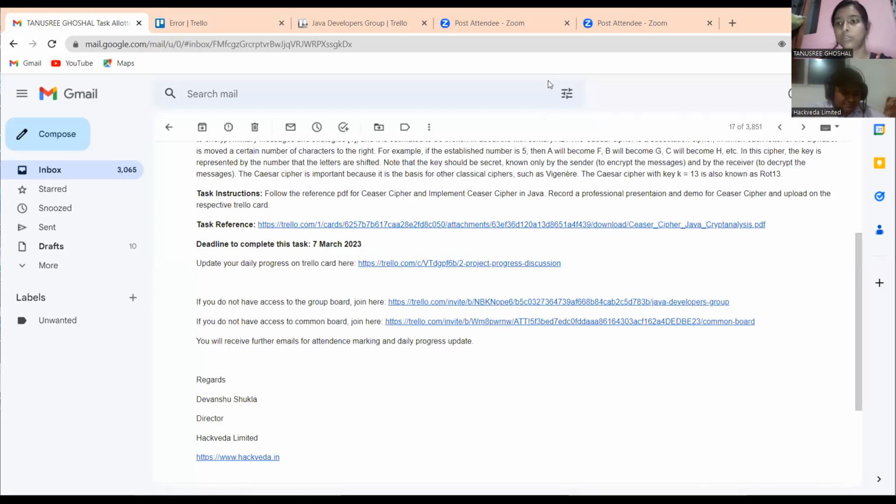Also a query. Sir, after I complete my tasks, what should I do in Trello? When your task is done, first of all, you will give your daily progress update, whatever you are doing. After that, when your task is done, you will create a simple demo and post it in Trello, saying that your task is done and this is the demo. And you will click on assign new task, and then click on schedule a presentation to give your demo, so that they will know that you have posted a demo. When you post that, your task is done and then you have to click on assign new task.